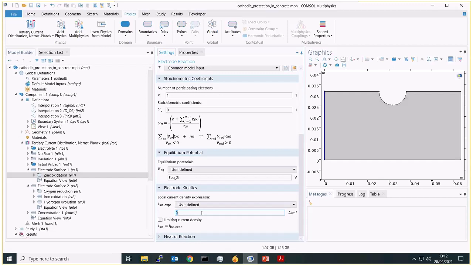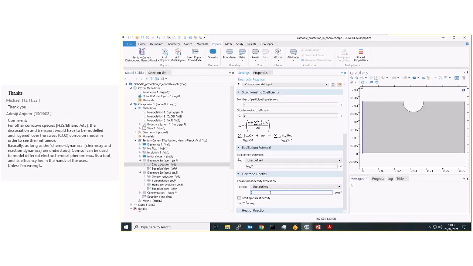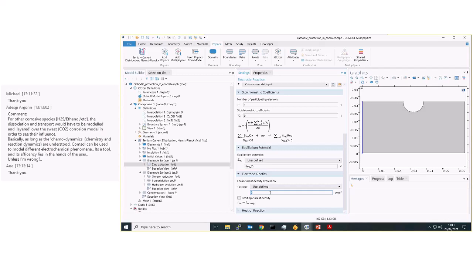Thank you. And I think that's all the questions in the chat box right now. Oh, yeah, just one more appeared from Adesiji Anjorin. For other corrosive species like H2S, ethanol, etc., the dissociation and transport would have to be modeled and layered over the CO2 corrosion model in order to see their influence.